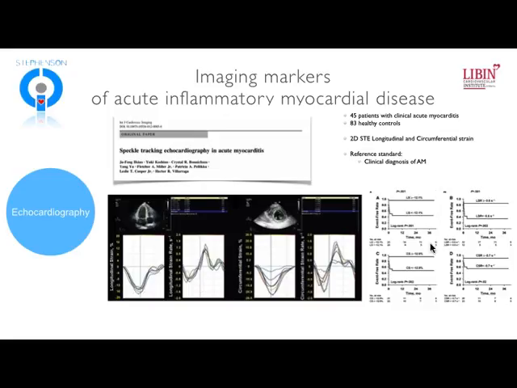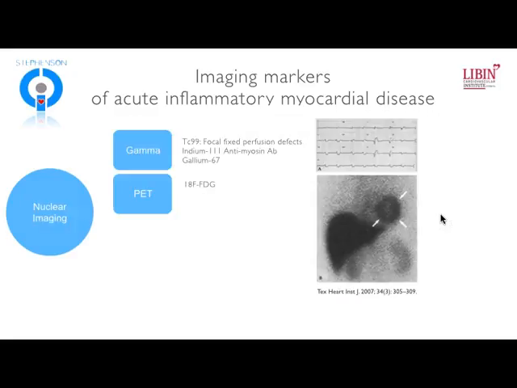In that study, they were able to identify that those patients that had normal versus abnormal strain profiles did seem to have a significantly higher event rate over the upcoming 36 months. This was adjusted in multivariable analysis for baseline ejection fraction. And so it did seem to suggest that strain metrics may have the capacity to identify people at elevated risk of events following the suspicion of acute myocarditis.